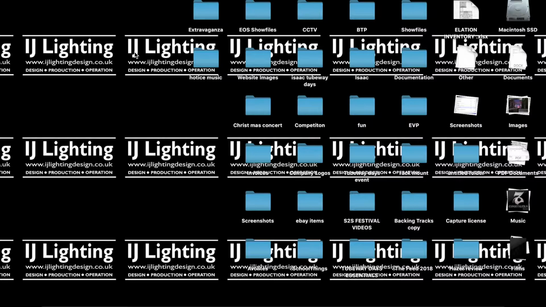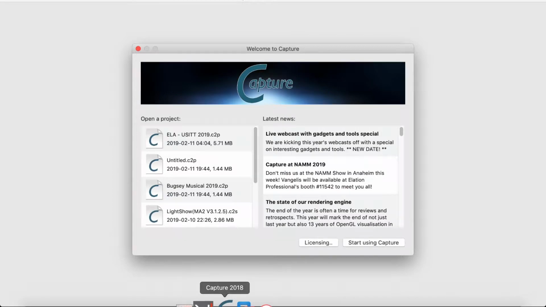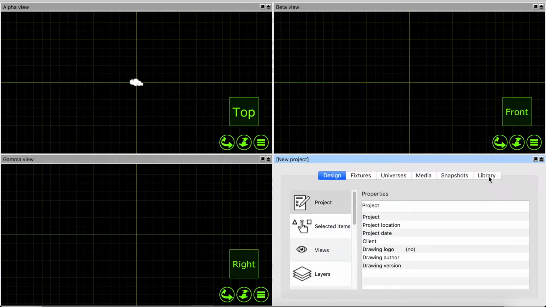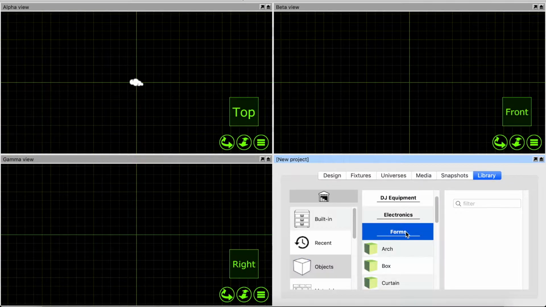So I'm going to show you how to connect Capture and Resolume together. So I'll just load up Capture now. I'm using the latest version, but I think you can use it on the version you have. So we'll start a new file, and what we'll do is just make a base,